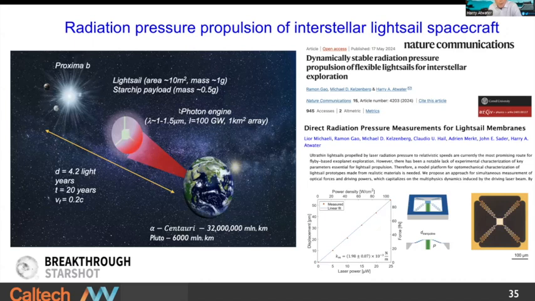I can't possibly cover this entire subject here, time doesn't permit. But for those of you who are following this field, I simply wanted to alert you about some new results from our side. I look forward to hearing about other results from other teams. We've developed an extensive model that shows the dynamic stability of radiation pressure propulsion. There's a recent paper in Nature Communications that details this, showing that an active metasurface is not only shape stable,